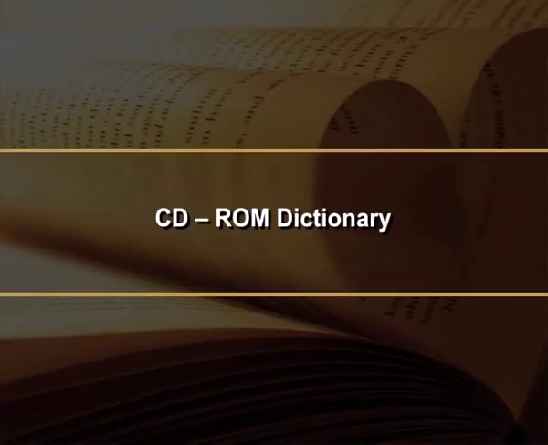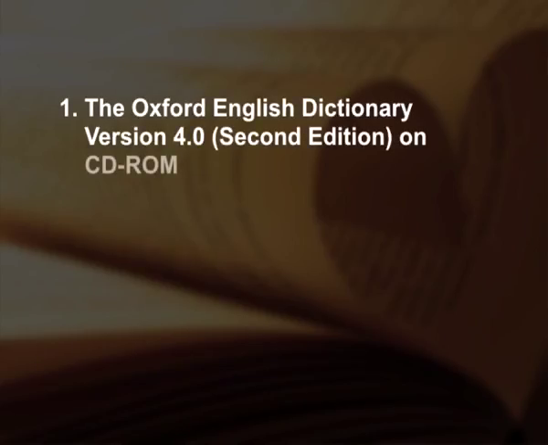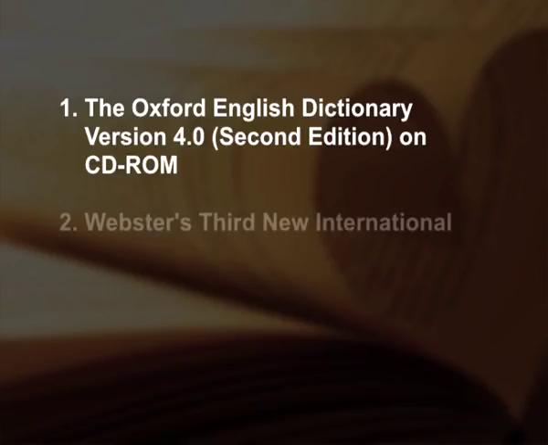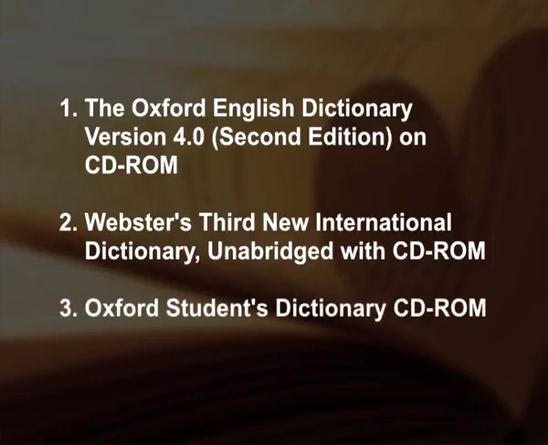CD-ROM Dictionary. CD-ROM Dictionary is an electronic dictionary which works with the help of computer or laptop with CD drive. The CD-ROM Dictionary can be accompanied with the print dictionaries or can be purchased as single copy. Following are some of the examples of CD-ROM Dictionary. The Oxford English Dictionary version 4.0, second edition on CD-ROM, Webster's third New International Dictionary, unabridged with CD-ROM, Oxford Students